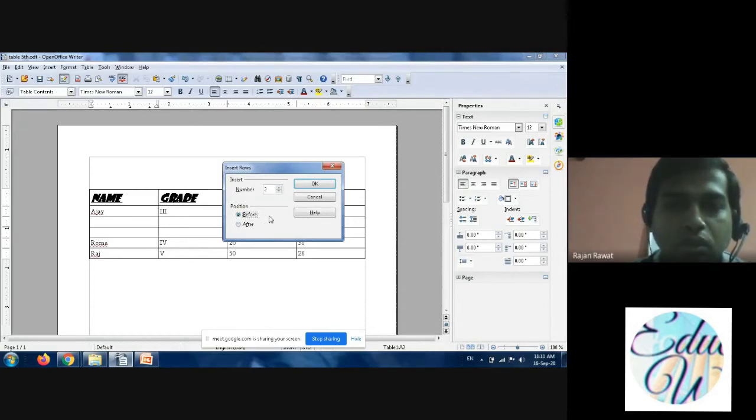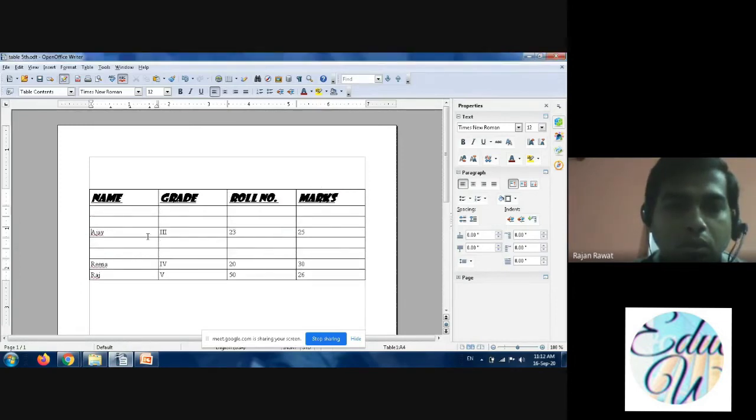That means 2 rows will be inserted before Ajay. Let's see whether it works or not. You have to click OK. Now you can see 2 more rows added before Ajay. So I hope you have understood this much, how to insert the row before and after.